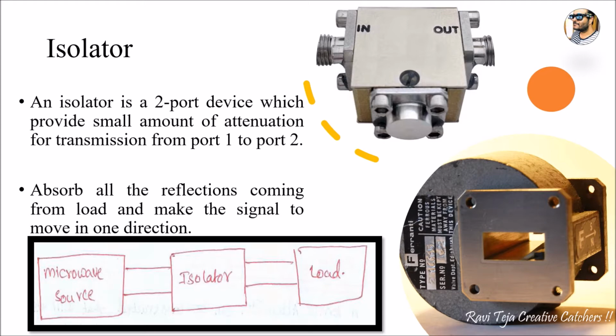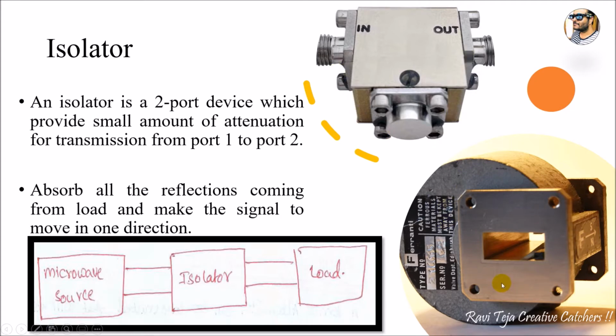So the isolator, as the diagram shows here, will be fixed between the microwave source as well as the load. Okay, so we have a klystron power supply and we have seen the klystron gun, right? After that the isolator is connected, through which the microwave signal is passed, and further it will be connected to many more ferrite devices, and at last it will be connected to the load.